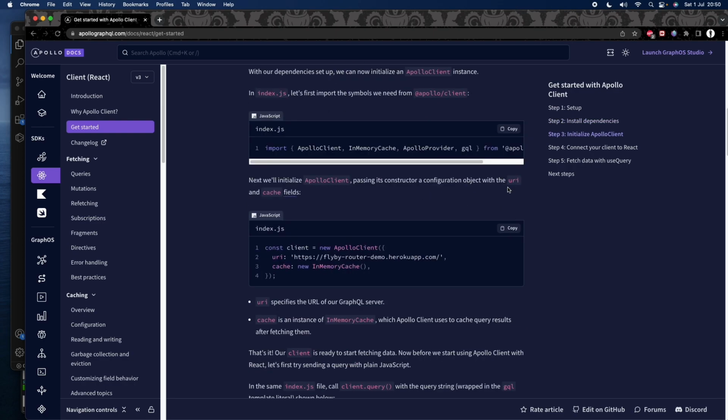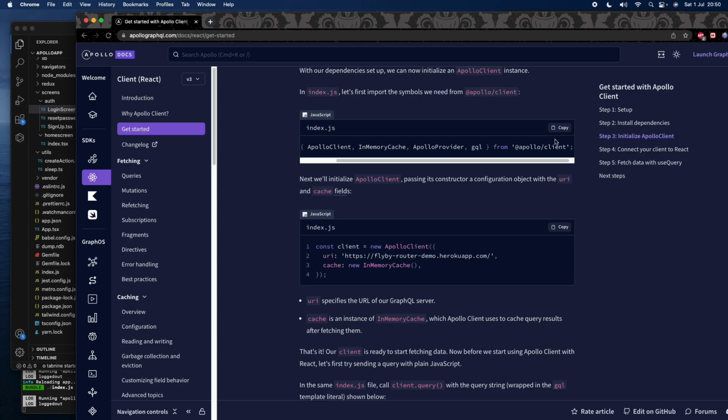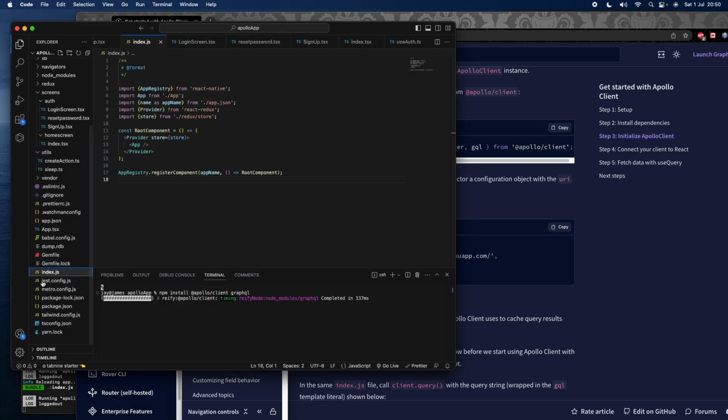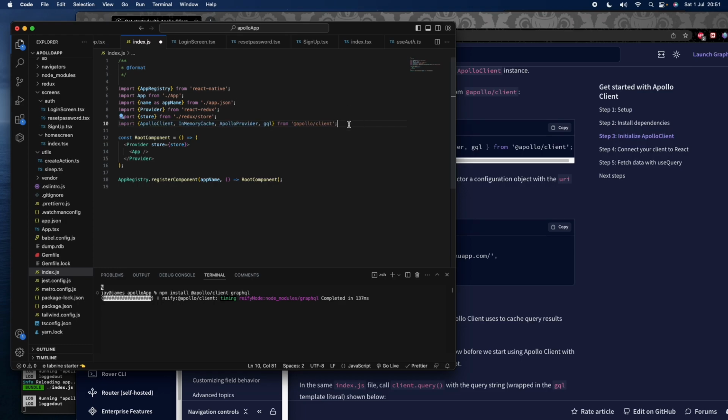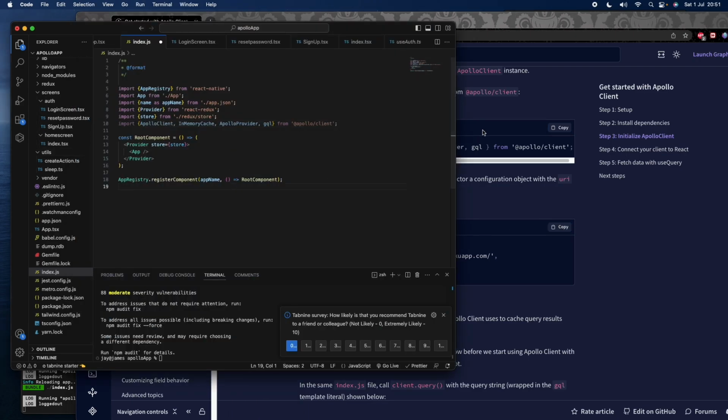Once it's done, we're going to copy this. We're going to import these modules, but we're going to do it in index.js or whichever is your root application file, it can be App or it can be index, but I'll go ahead and add it here. So once it's done installing, you should be able to import all these files, and then I'm going to create